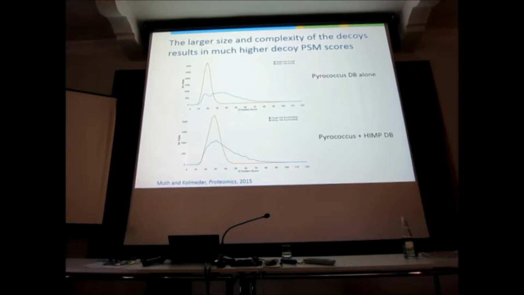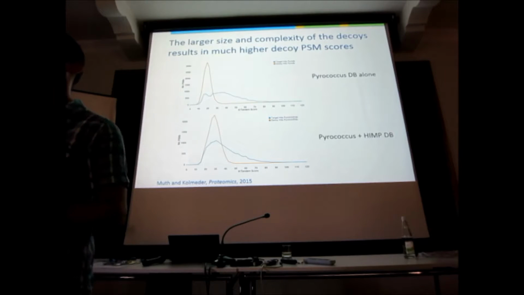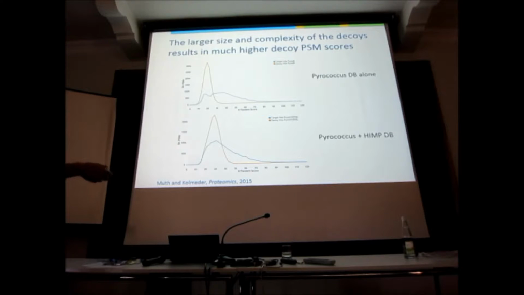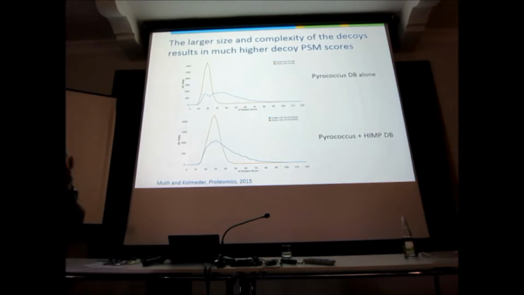Now, this is a bit strange. Why does all the decoy look like that? Well, the standard argument is it's because it's a good scoring algorithm. It can differentiate crap from real hits, and it seems to do so. When we go to the big database, the one with the intestinal metaproteome, look at what happens to the decoy scores. They move from about 18 to about 30. The decoy hits suddenly all get bigger scores. So why is that? Why does the decoy distribution shift?